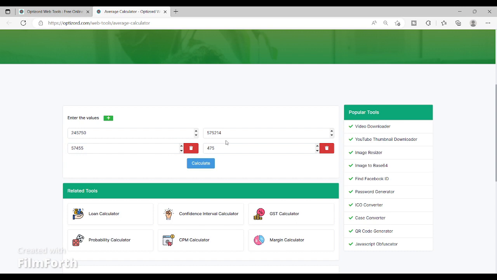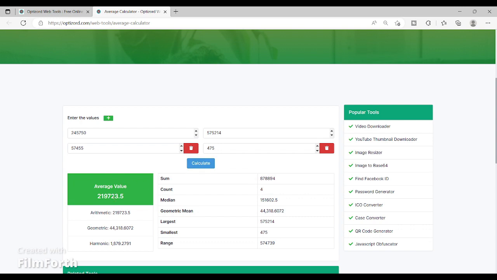So I have entered some random amounts. You can enter more amounts by clicking on this plus sign and entering the amount. Once you have entered all the amounts that you need, click on calculate and it calculates the averages, and